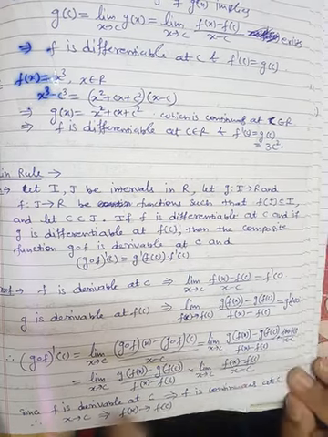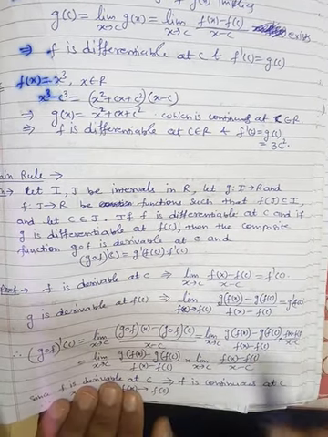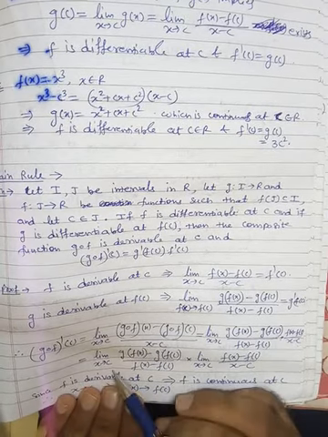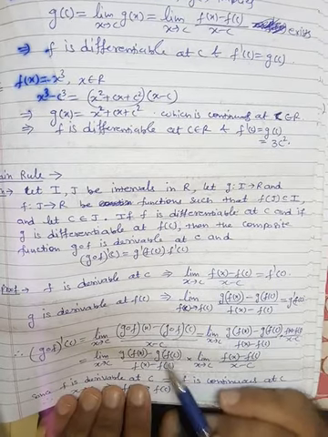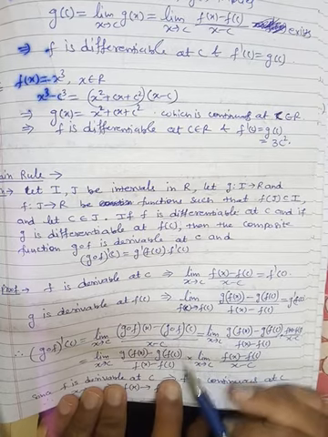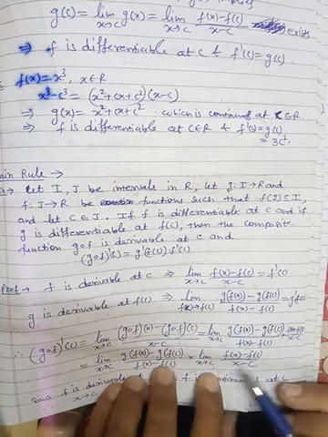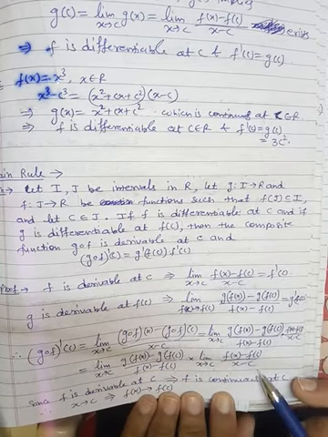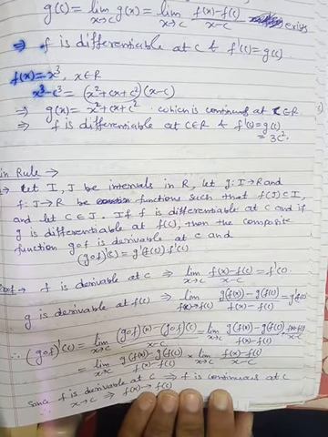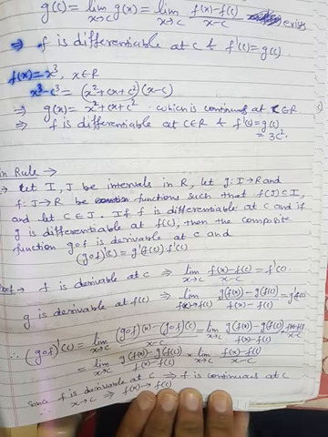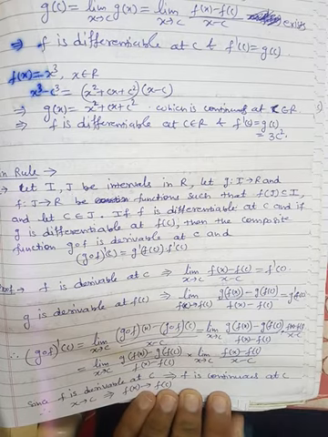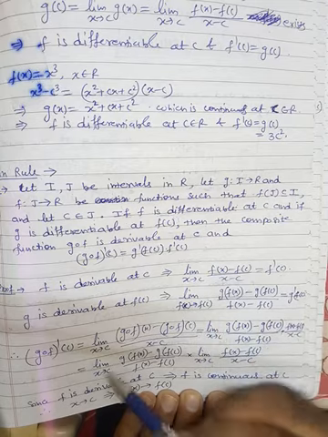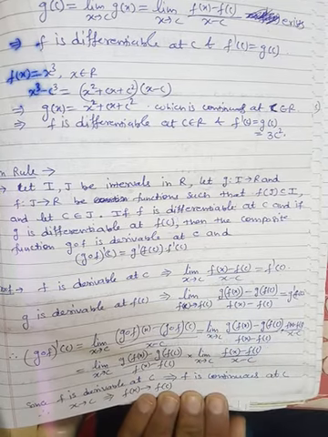Now separate with the help of algebra of limits. We get limit as x tends to C of G of F of x minus G of F of C divided by F of x minus F of C, multiplied by limit as x tends to C of F of x minus F of C divided by x minus C. Fine. Now here is a problem. What is the problem? If you see this and this definition, there is a difference. Here we have F of x tending to F of C. However, here x is tending to C.